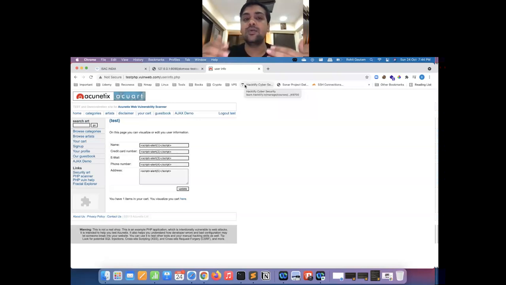Why and how, or what makes DOM XSS different from reflected and stored? So DOM XSS is a client side vulnerability. Now, what do I mean by client side vulnerability? Everything that is going to happen, the attack is going to be on the browser, onto the client's computer. Now, in that case, the server is not aware what is happening onto the client's computer. Hence, this attack becomes more dangerous.